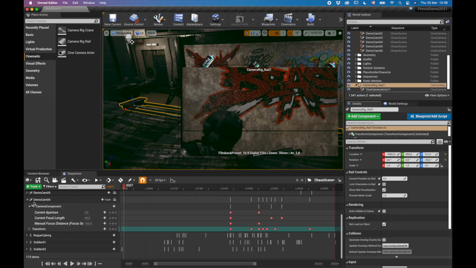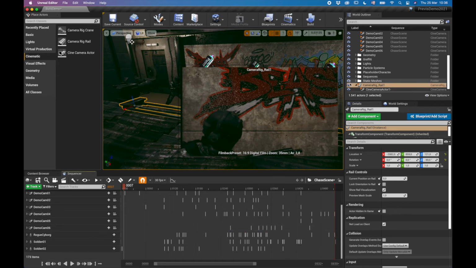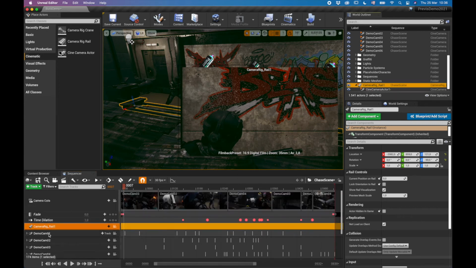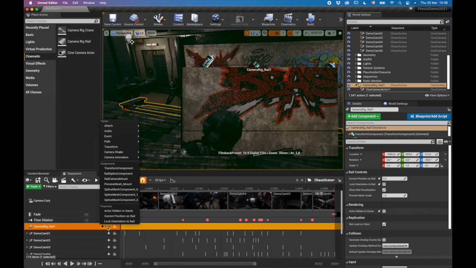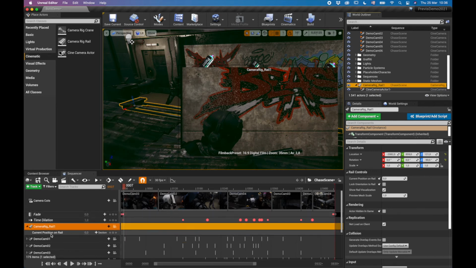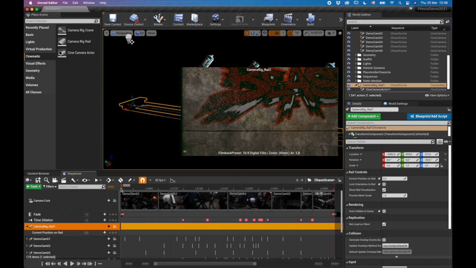So we can also obviously add that into our sequencer. We add that into sequencer, and now we've got a camera rail that we can track the current position. That's what we want. Current position on rail. There we go. And we've got the position here. So for example, we can say we start, let's quickly keyframe that,